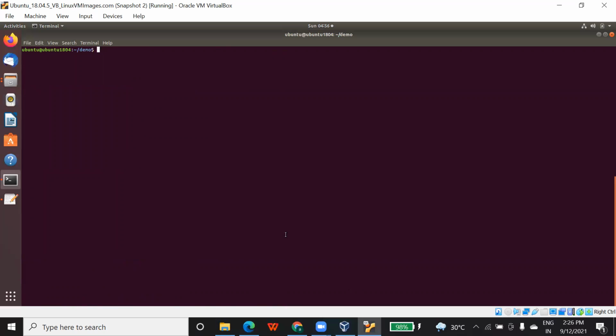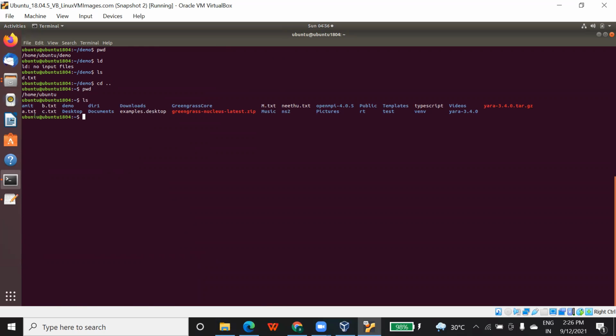Okay. Now let's see if you wanted to copy any file from the demo directory to another directory. First of all, let's see what our present working directory is. Demo, right? Inside the demo, what files do you have? Sorry, ls. Let me come back to the previous. Now, what is my present working directory? Home Ubuntu. Inside this, how many files do you have? a.txt, b.txt, c.txt. Let me open a file, I'm opening the text file a.txt. Inside this, there is a line. Okay. Now I wanted to copy this a.txt to demo.txt. How am I going to do that?